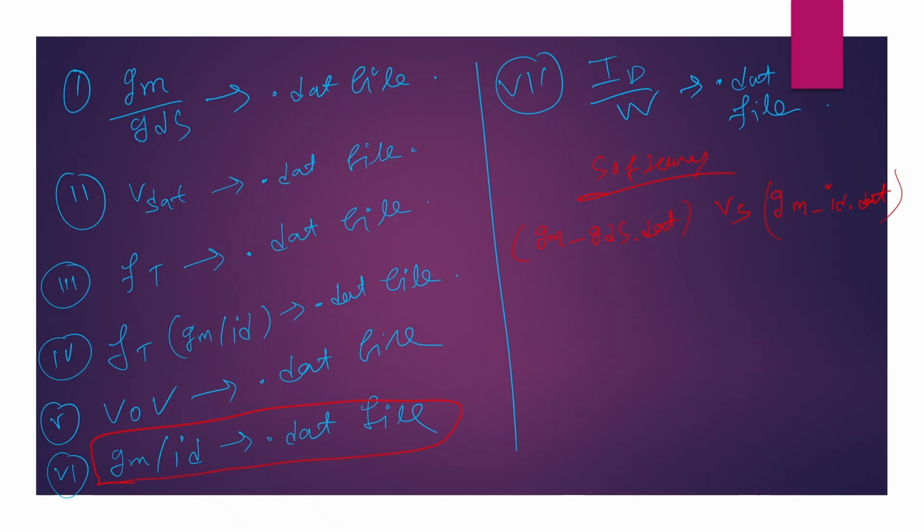So what will happen? The software is basically ready to plot for you. You will define in the software that your x-axis will be gm over id. So it will put the gm over id data on the x-axis, and you define the gm over gds .dat, this data will work as the y-axis. So the software will generate the gm over gds versus gm over id curve,